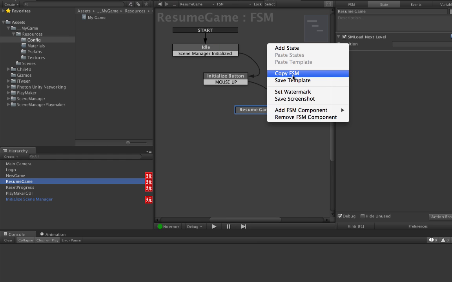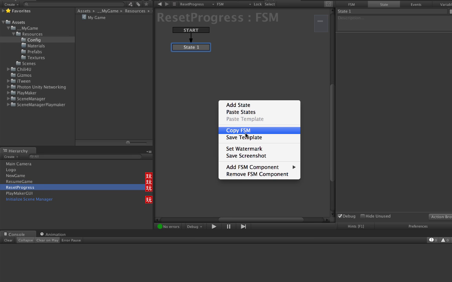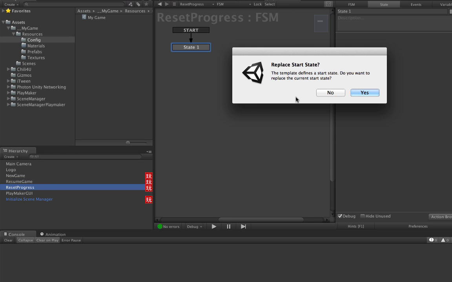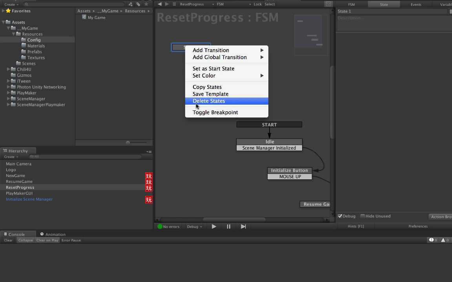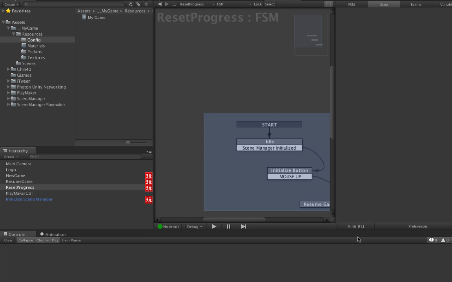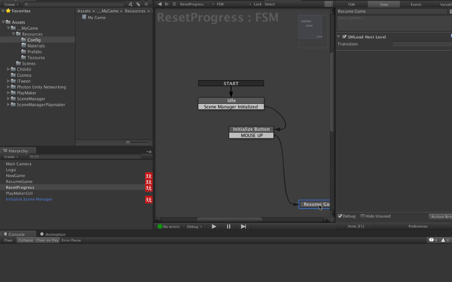So let's just copy this FSM, go to reset, and paste everything. It's asking me if I want to replace the start state. Yes, I want to do that. So there's that state 1 remaining here. We just delete that. Okay. And the only thing we need to do here is rename that one to